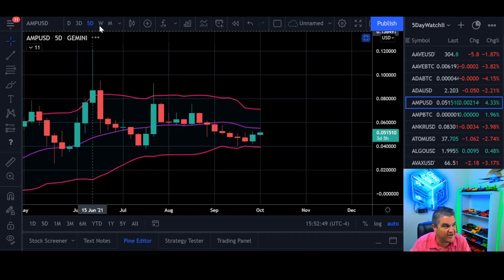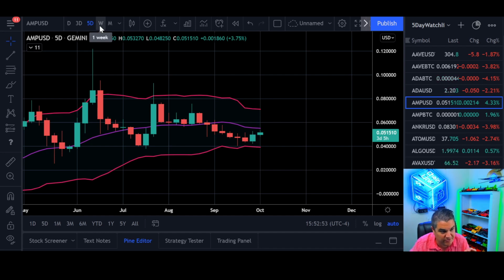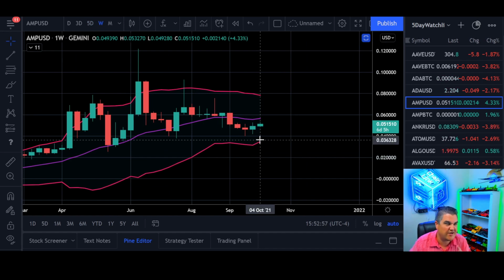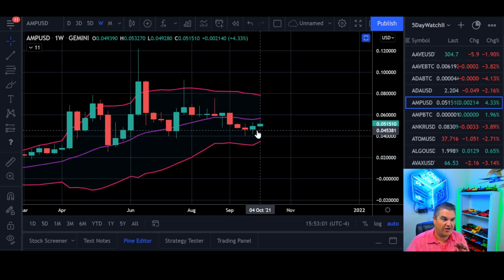Okay, how about the 5-day? It's about the same thing. Lines are running parallel right around the median. How about the weekly? So I usually like to look at maybe the daily and the weekly, kind of give a health check on whatever coin I'm looking at. On the Bollinger Bands, on the moving averages, everything. You can find out a lot in just 30 to 60 seconds, looking at a couple different charts for that coin. Look at the daily, look at the weekly. You can see pretty well what the coin's looking like.